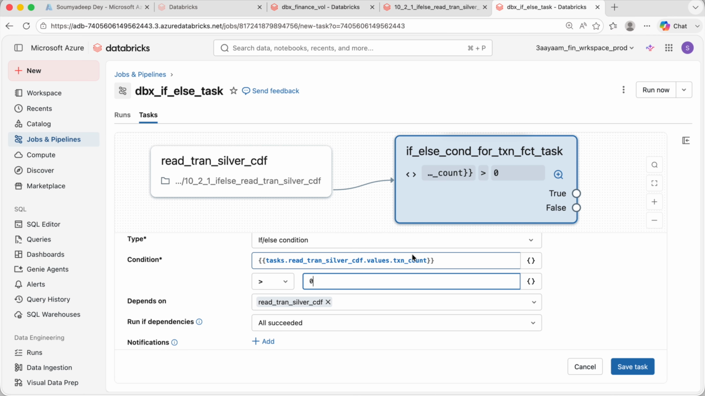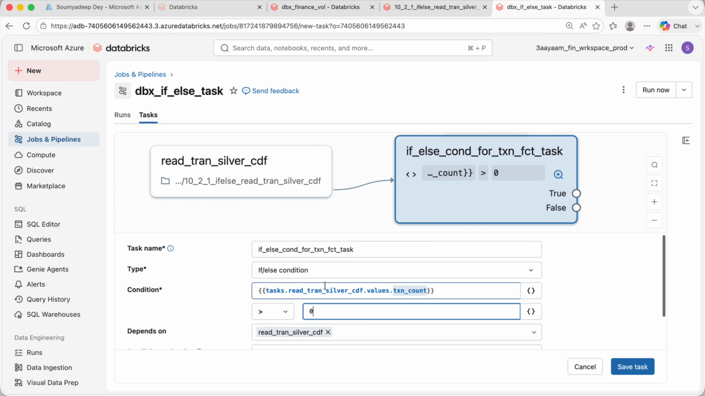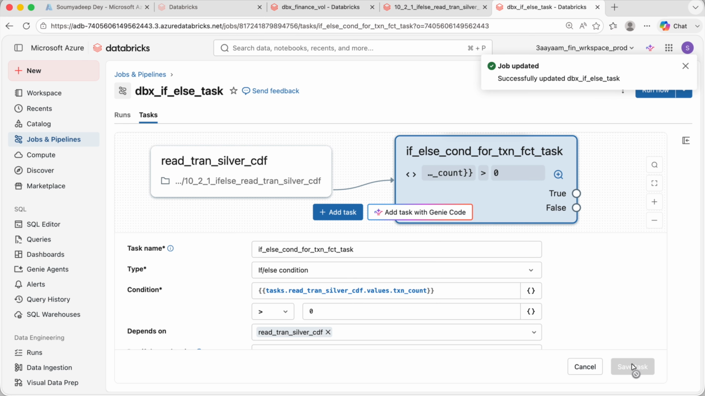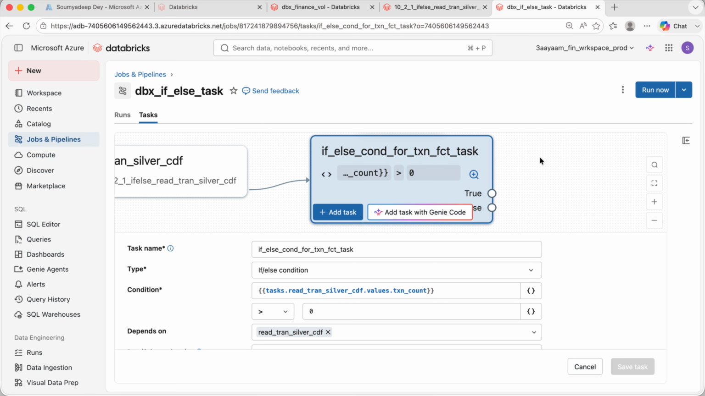So this is the condition, transaction count greater than 0, and this task will only check this condition. There is nothing else that we have to do in this task. So we'll have to save this task. Now after the condition is checked here in this task, or in this box, the highlighted one, the condition would